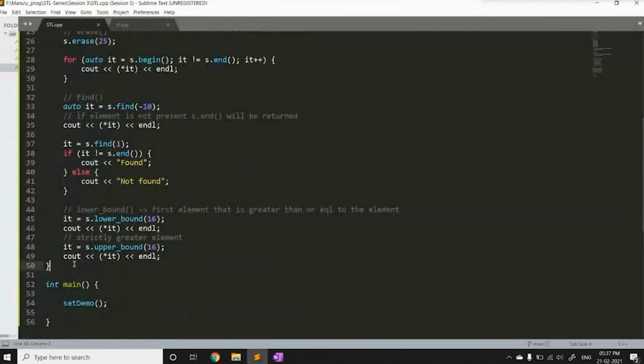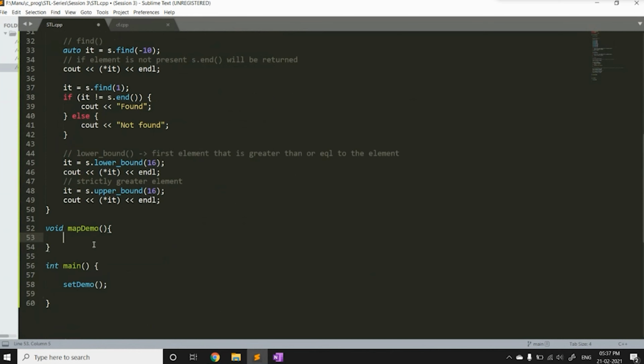I will create another function, void map demo, and I will also call it inside my main function. I hope this is fine for everybody till now. Now, how do I define a map?